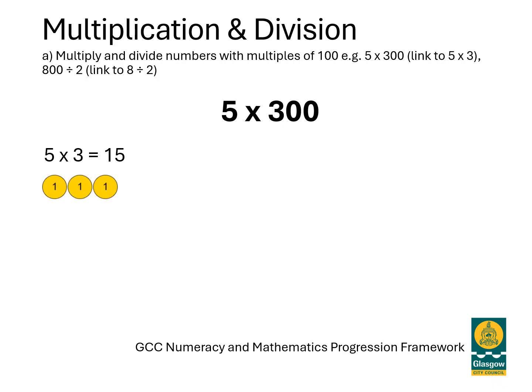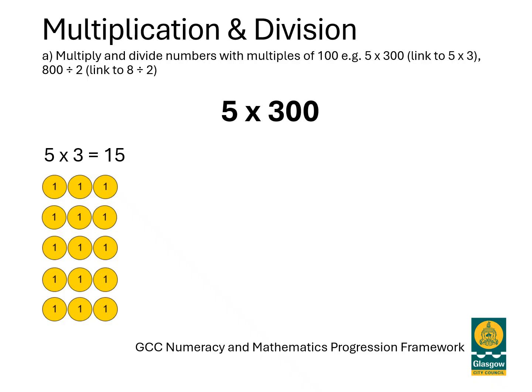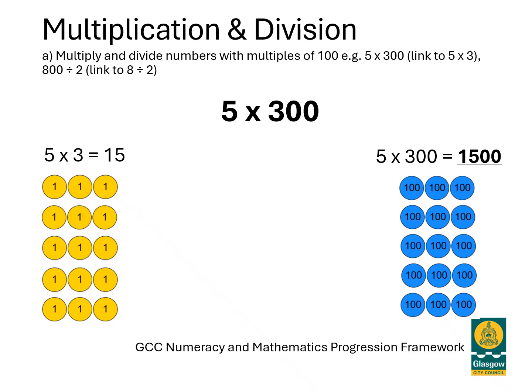We can show them that it's 15 if you want. There's 3, 5 lots of 3, that's 15. In the same way, we can model 5 times 300. And place value counters are really helpful for this because you still have the similar number of things on the table. Here's 300s. If we make that 5 times, 5 groups of 300,